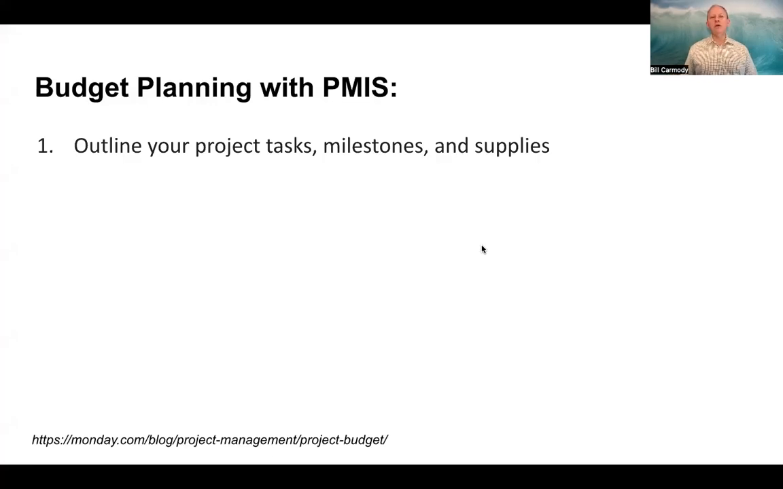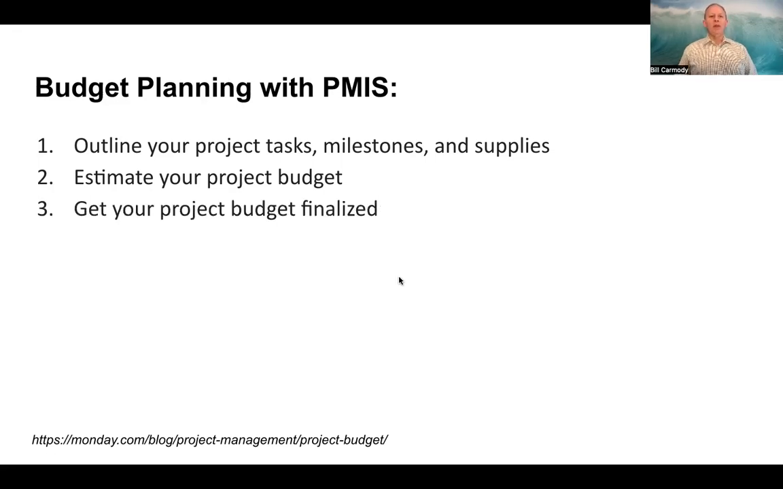The first thing you're going to want to do is outline your project task, milestones, and supplies. What a PMIS does, it helps you organize your thinking and any impact on your budget. You're then estimating your project budget based on the tasks, the milestones, and supplies. So once you've actually outlined all of the tasks, the milestones, and supplies, then you can start to say, what is that costing me? What is the cost that we're associating with all of these elements in the actual project